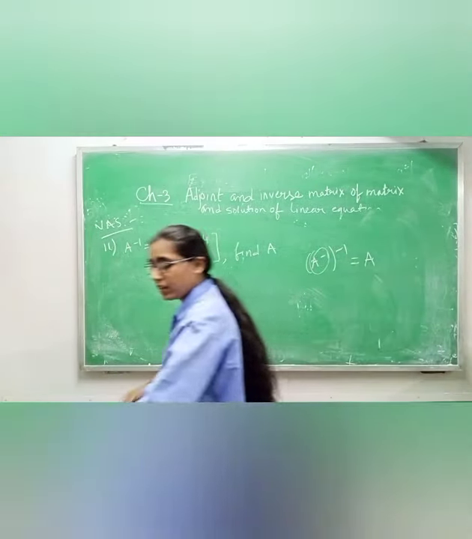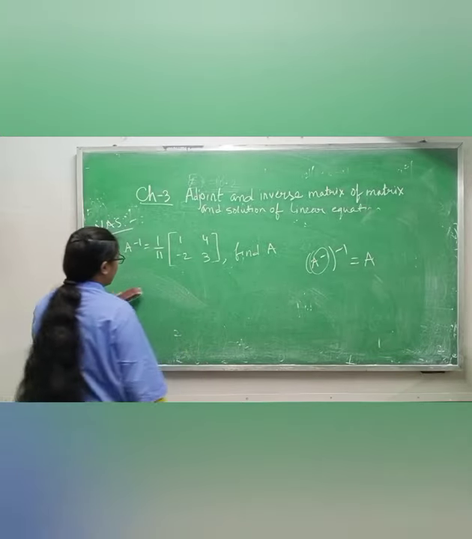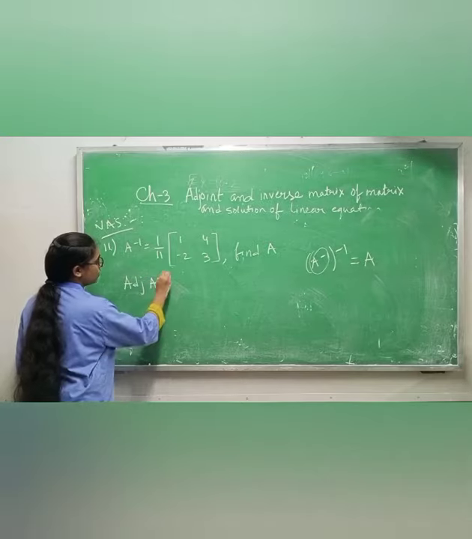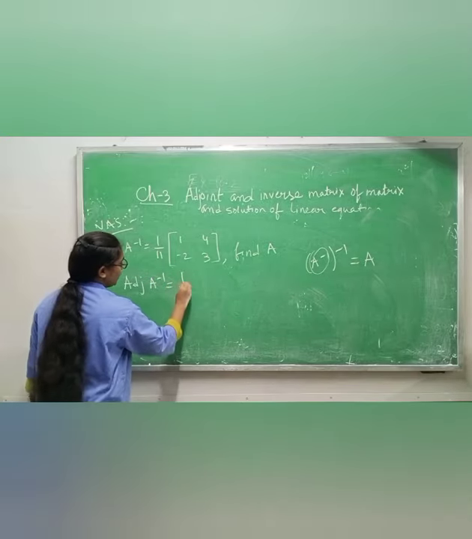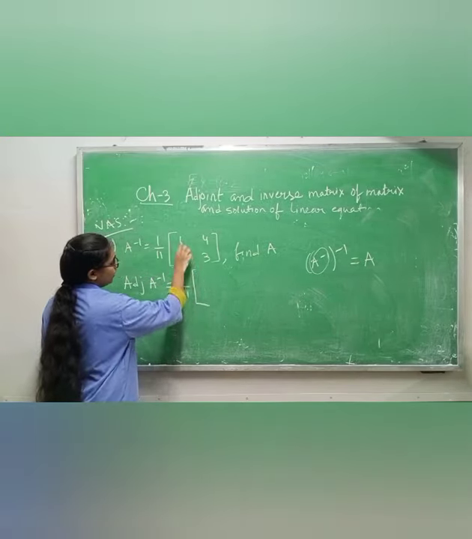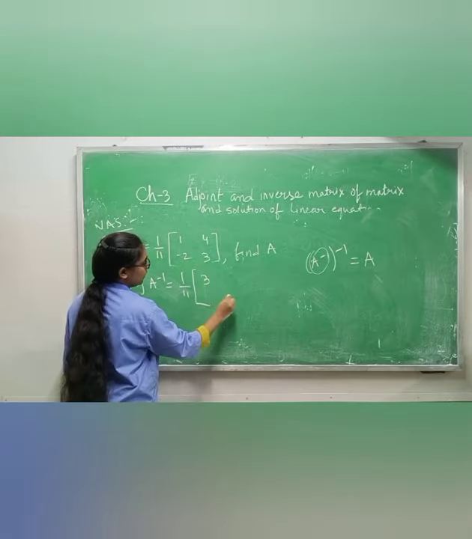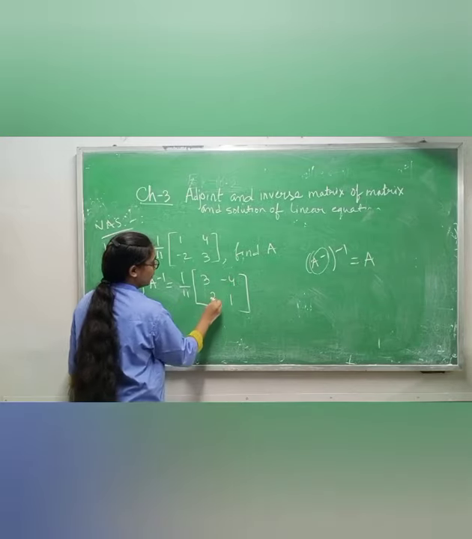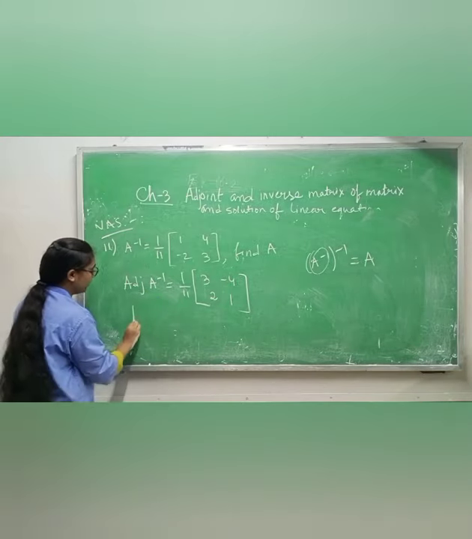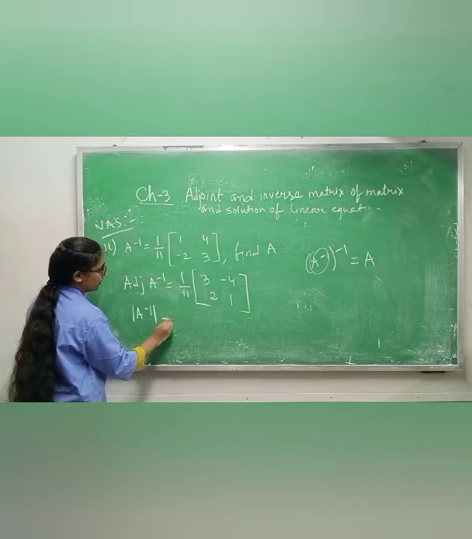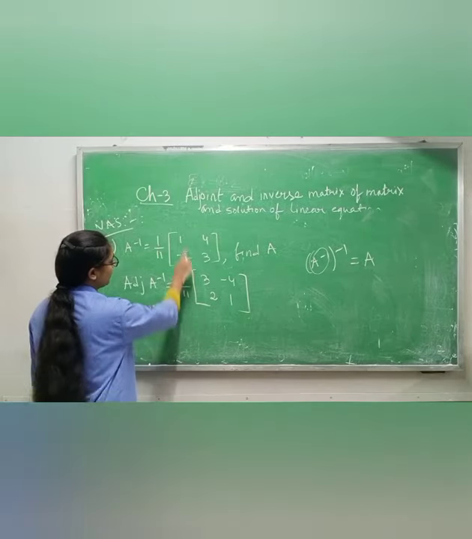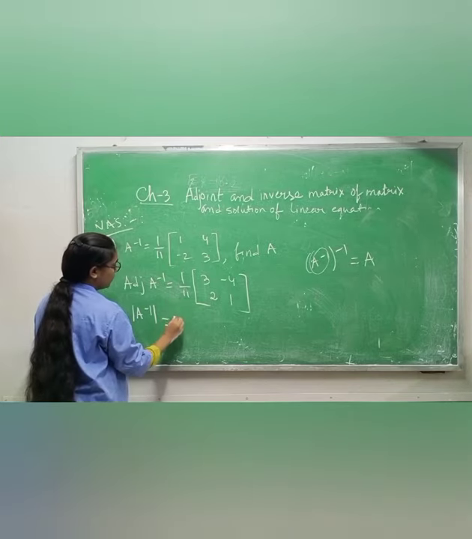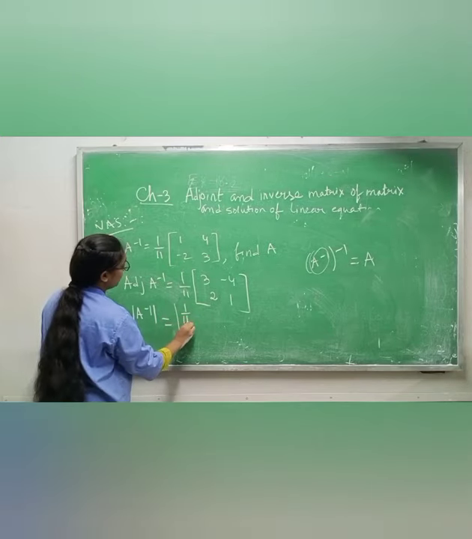How will you find it? We will follow the same method. First we will find the adjugate of A inverse. In adjugate, what do we do? We only change the places of these two. Now this will come here and that will go there. And in this one we change the sign, it is minus 4 and 2. Okay. Now we will find the determinant of A inverse. So the determinant of A inverse will be this one. First we have to multiply. So first multiply this one. How much do we get? 1 by 11.